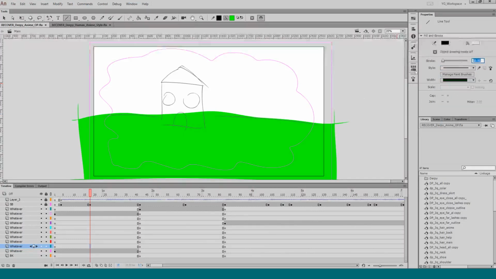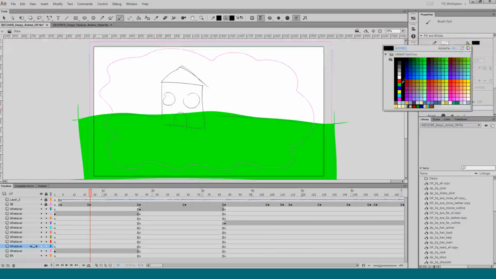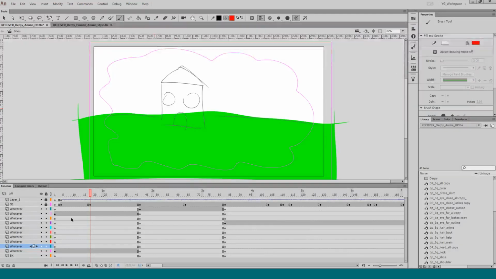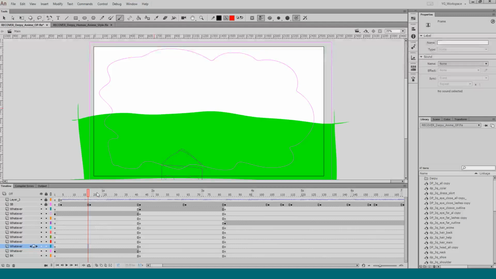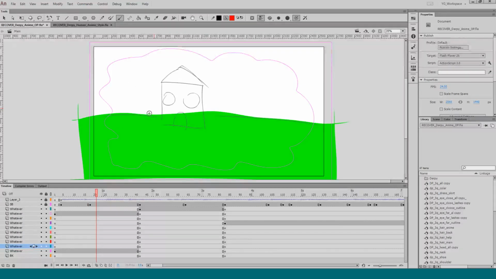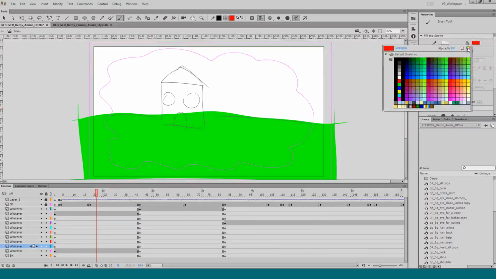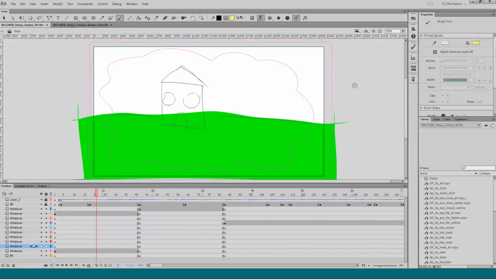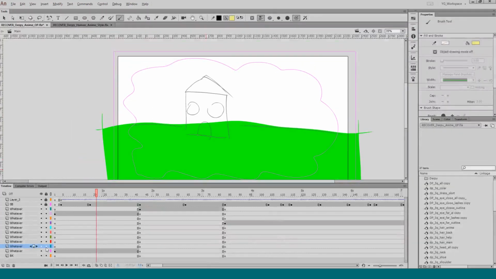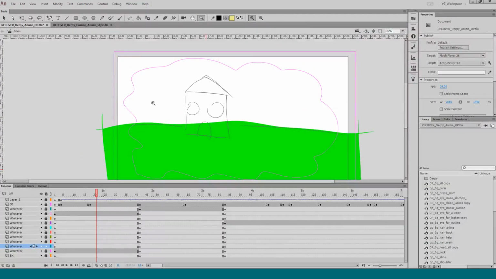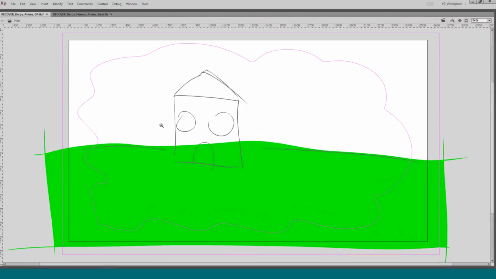Go back to here. I might just use the brush tool even here for just picking random colors as I go. But for now, maybe I want to try to choose something like a natural color for a house color. Looks good. That's like her hair color. And I'll lock everything that's not that.